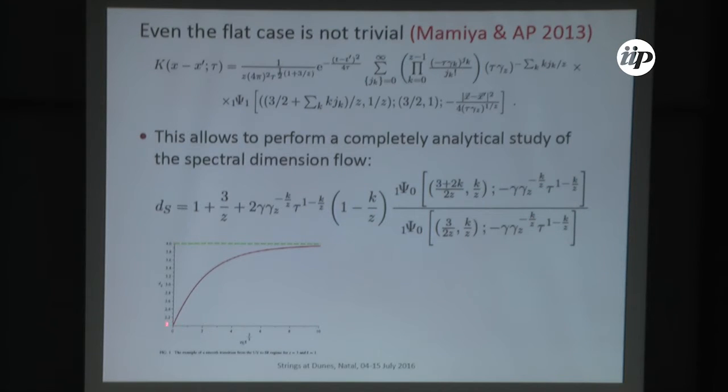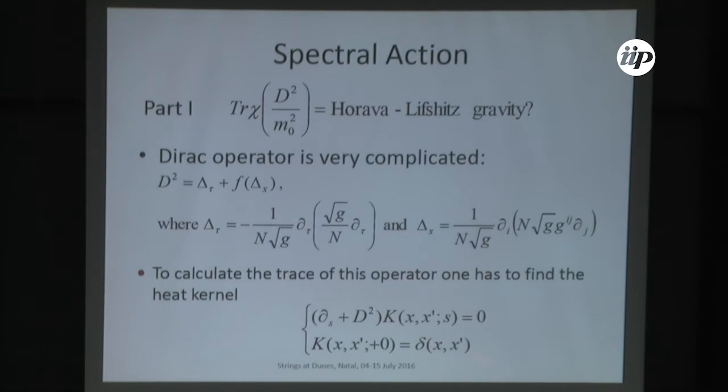So to visualize, it shows how it goes from ultraviolet to infrared. The dimension grows from 2 to 4. And here some characteristic scale is controlled exactly by the coefficient, the coefficient in front of the higher derivative. This heat kernel, yeah. So the heat kernel allows you to define the dimensions.